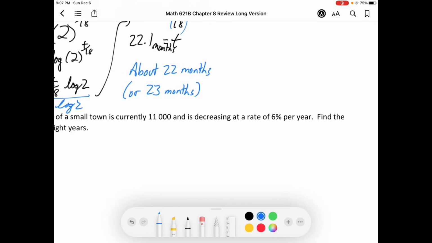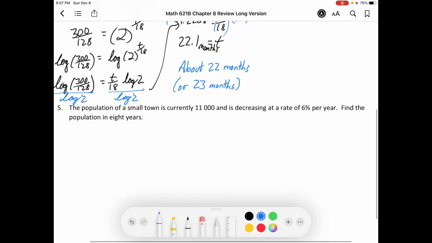All right, next one. The population of a small town is currently 11,000. It's decreasing at a rate of 6% per year. Let's figure this out. It's currently 11,000. That's P0. Decreasing at 6%. So it's 100% of what you had to begin with minus 6%. In other words, every year there's 94% of the population left,